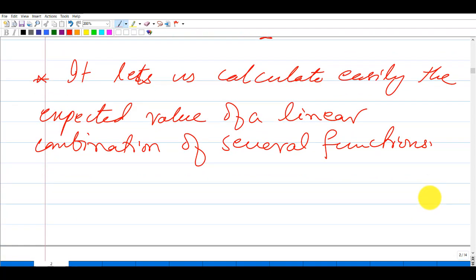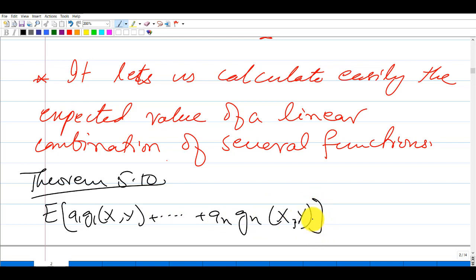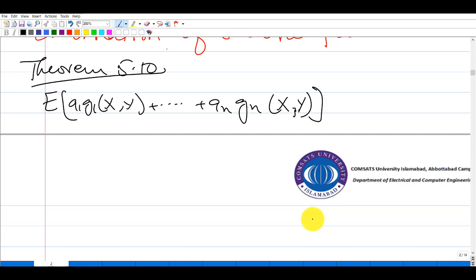This is defined as theorem 5.10, and it says that the expected value of a1 g1(X,Y) plus up to an gn(X,Y) can be found by writing it as the sum of their individual expected values,